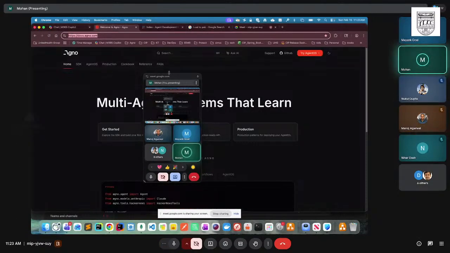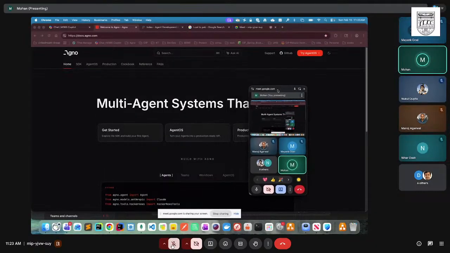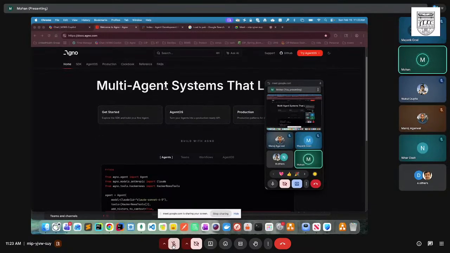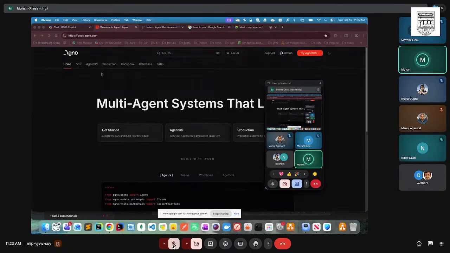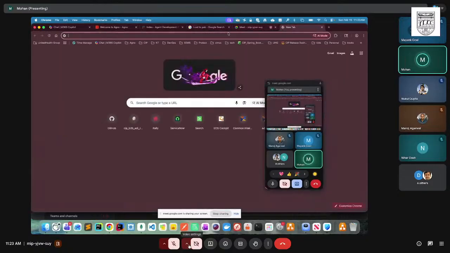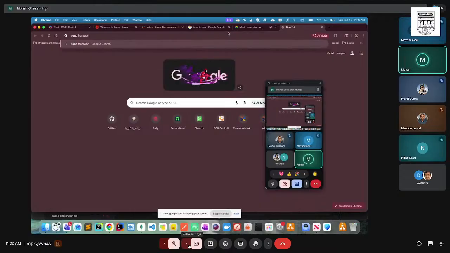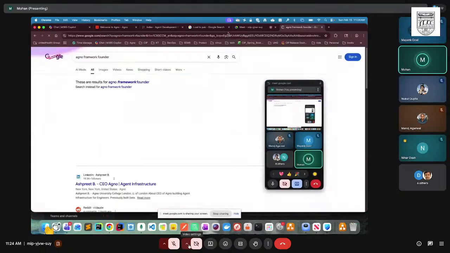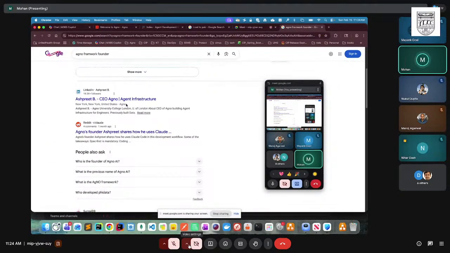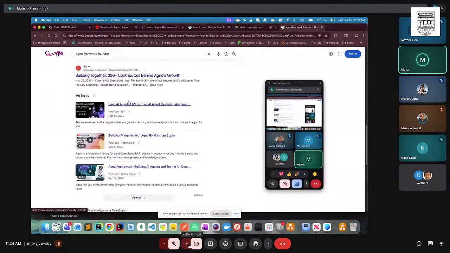Yeah, we can see that. So this is one of the frameworks that I'm using in my project and internally with my team. Some discussion was going on, and after that we decided, okay, let's use this framework. It is called Agno. If we follow this guy, he keeps on updating. He is the CEO of Agno Infrastructure, an Indian guy. You can follow him on Twitter. I am following him, and he keeps on updating what is going on. I believe he's New York based.